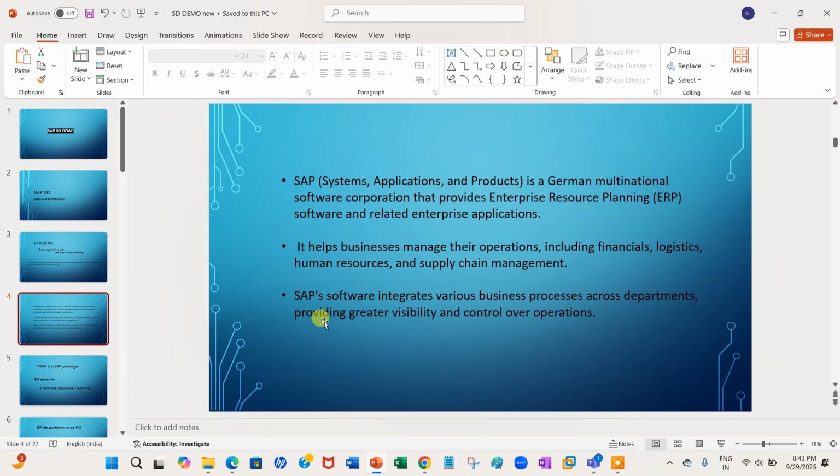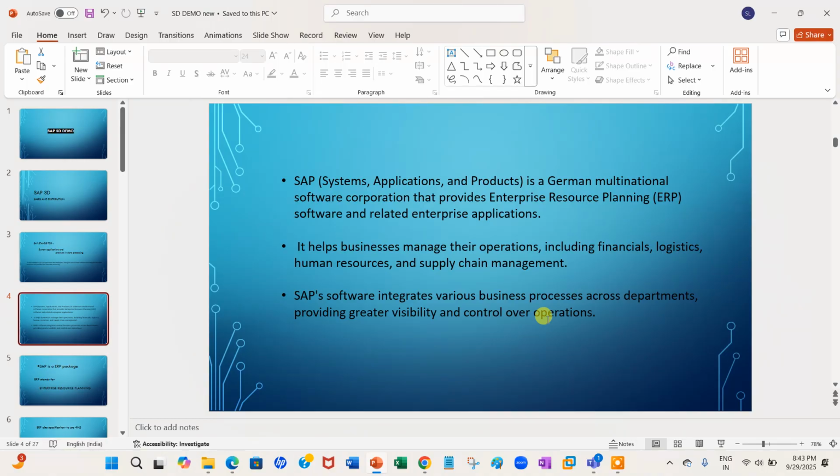Coming to the third point, SAP software integrates various business processes across departments, providing greater visibility and control over operations. Simple.